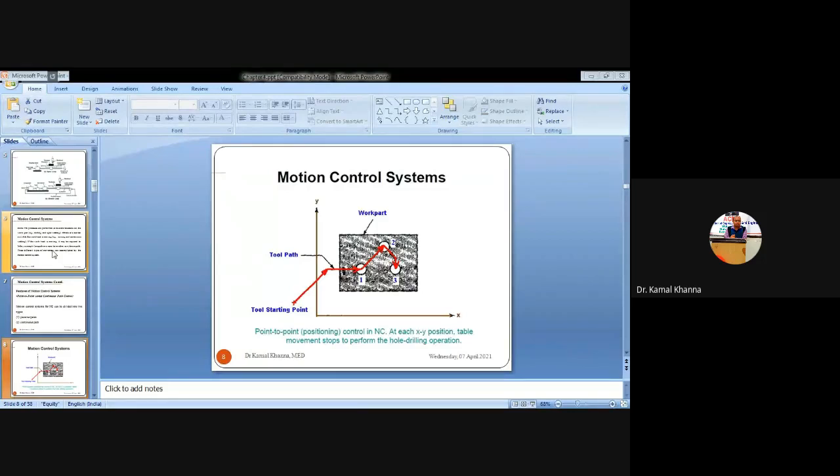Which kind of operation is to be performed, which tool is to be fetched from the tool library, and where the tool has to perform the operation. We have to specify the central point of the drill, and we have to specify the coordinate system of points 1, 2, and 3, so that operations can be performed accurately.